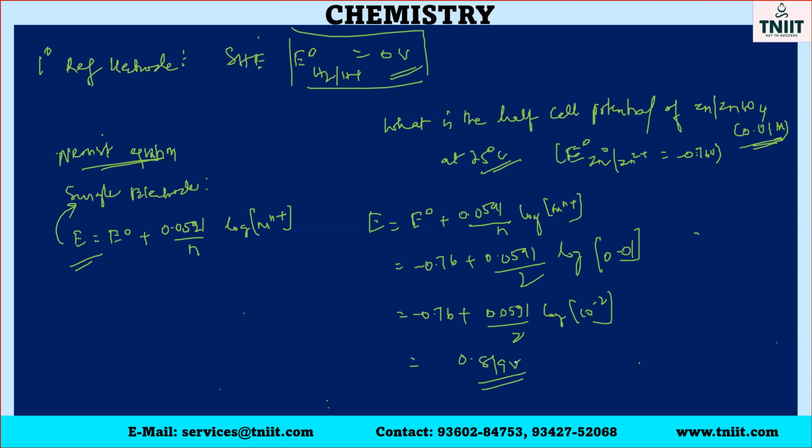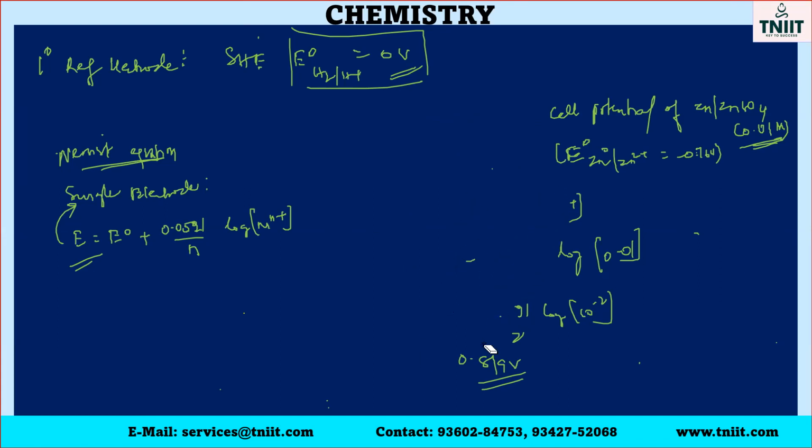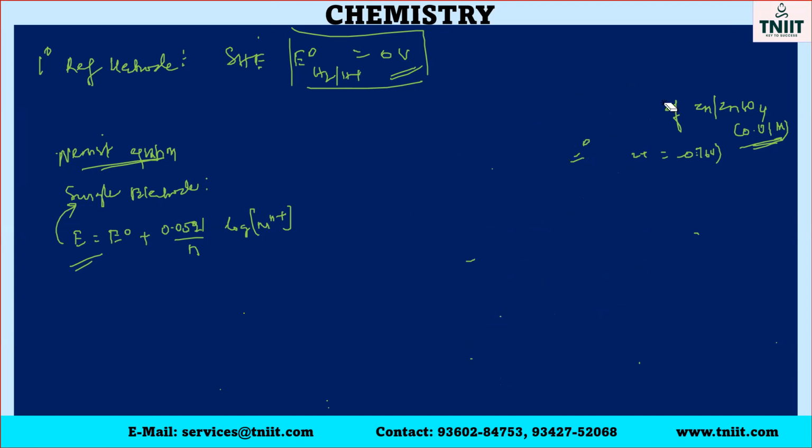So this is the formula to calculate the single electrode potential. Now, if you have to calculate the EMF of the cell, what is the Nernst equation? That we are going to learn. An electrochemical cell is made up of two half cells. So how do we calculate the EMF of an electrochemical cell? In order to calculate the EMF of the electrochemical cell, the Nernst equation is given by